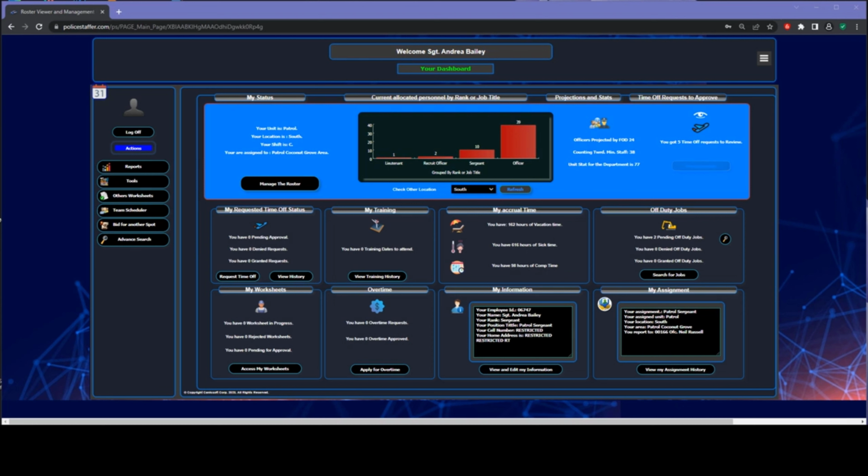Let me guide you through a step-by-step process to accomplish this task effortlessly and navigate with PoliceStaffer's user-friendly interface. By utilizing this tool, we will ensure a fair and streamlined officer drafting process. Before we proceed, let's make sure that we have successfully logged into the PoliceStaffer platform using our login credentials. For this demonstration, let us assume that we are logged in as a supervisor or staffing administrator responsible for overseeing